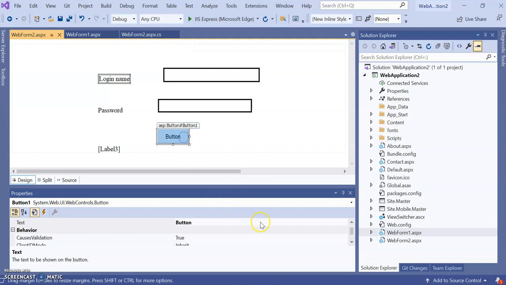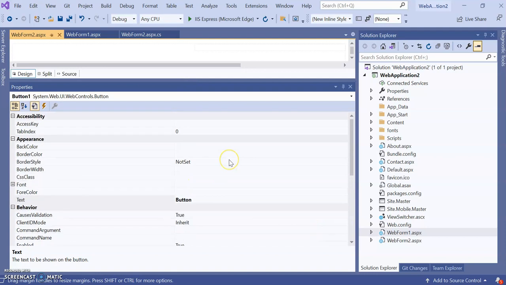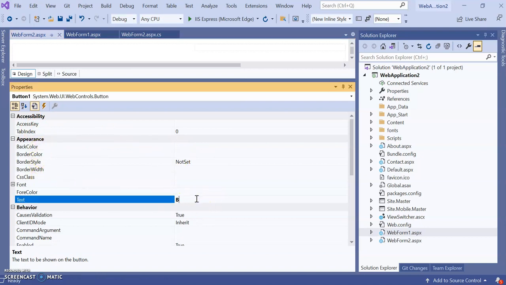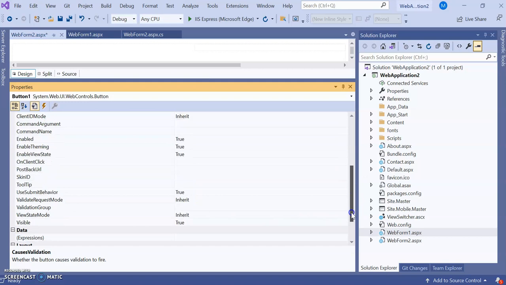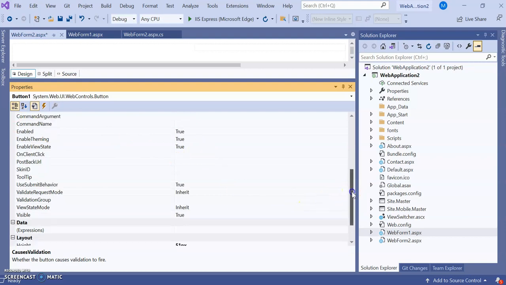But this is a button, and you can see the different properties. Let's see the different properties of the button, which we have just discussed theoretically. Access key, the tab index we can set, colors, background colors you can set. Here I set the text as submit. Suppose I write over here submit, that will be the text. Font, you can set different fonts. Then enable, yes, it should be enabled. By default it is true, so keep it as true.